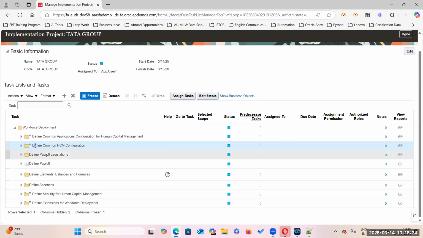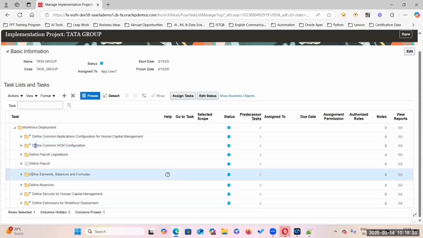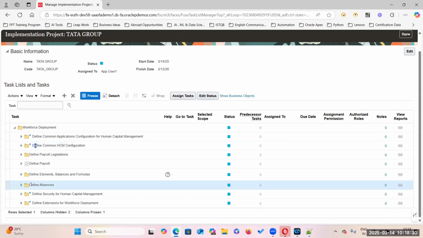So what are the offerings you have selected? You have selected payroll, you have selected absence. So payroll: define payroll legislations, define elements, balances and formulas, define absences. So whatever offerings you have selected, those two offerings, define payroll legislation, define elements, balances and formulas, define absence, will come. Apart from that,